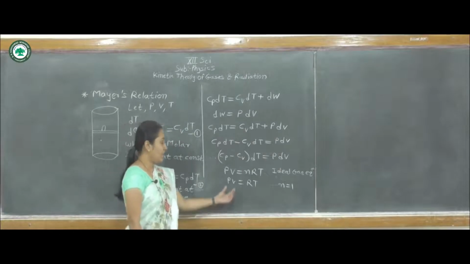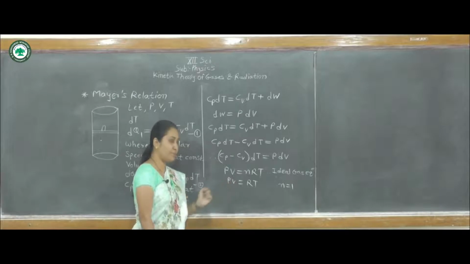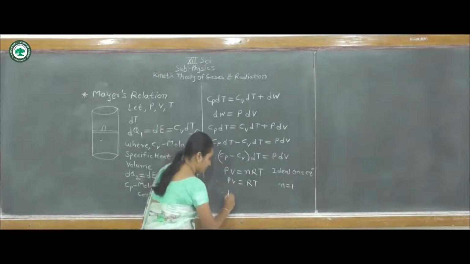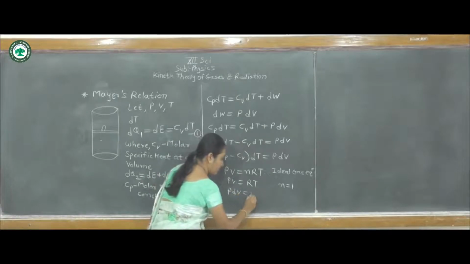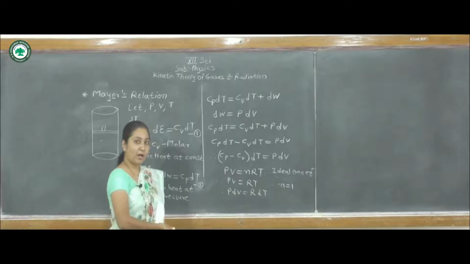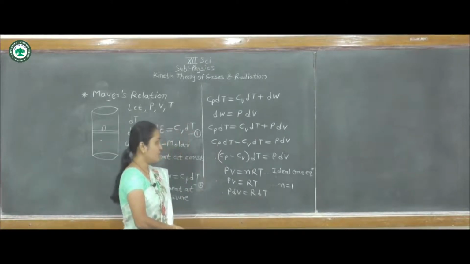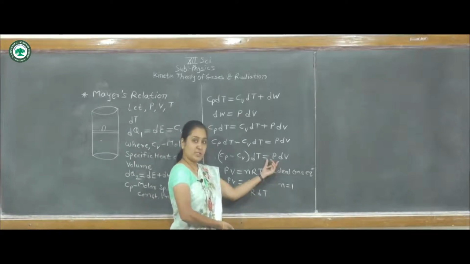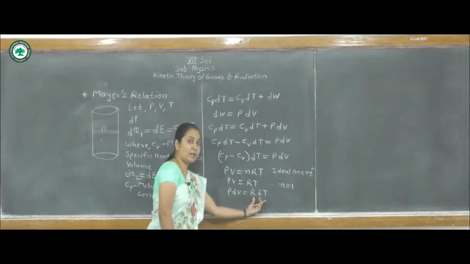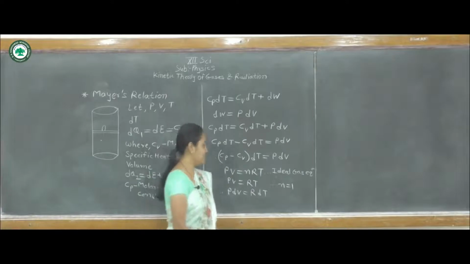Now the pressure of the gas is constant but the volume is changing. So we can write this equation as PdV is equal to R dT. R is the universal gas constant. So now in the above equation, instead of PdV we can substitute R dT. So this equation can be written as